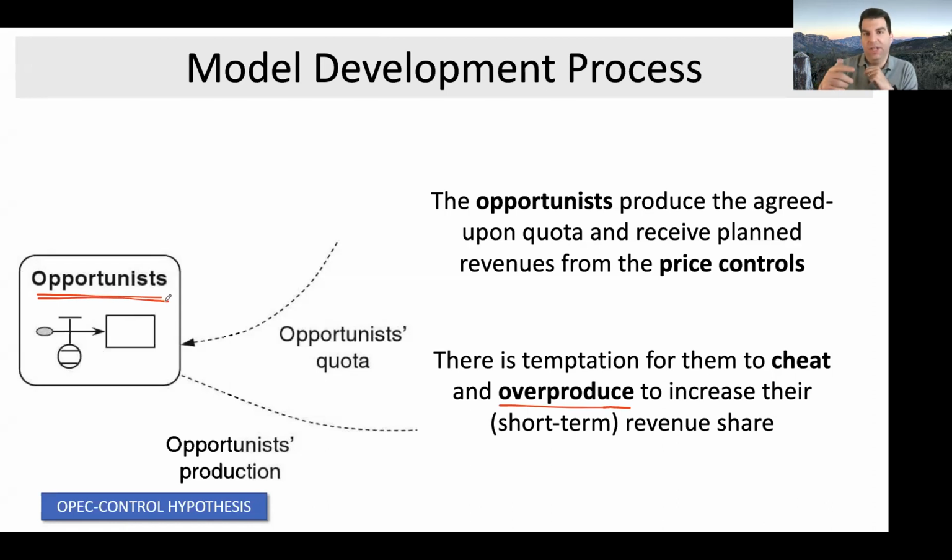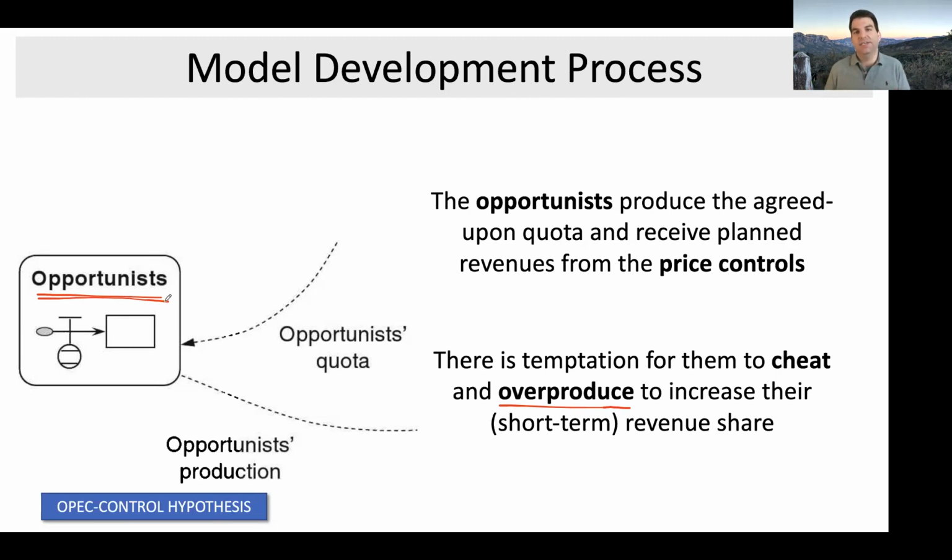And the swing producer will initially pull more oil out of the market in order to try to raise the price. But when they notice that they've had to pull way more oil out of the market than they'd expect they'd have to do, then they will detect that someone, they don't know who, someone is overproducing beyond the agreed on amounts, and they will punish everyone because of that someone. And they punish everyone by flooding the market with oil, making the prices so low that it's going to hurt all of the other OPEC partners, as well as the rest of the world. And they do that for a long enough period of time that eventually all the partners get in line